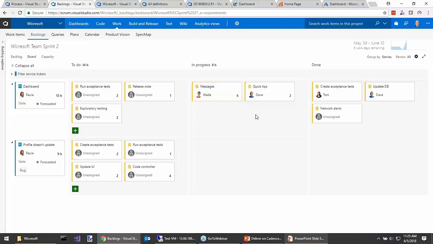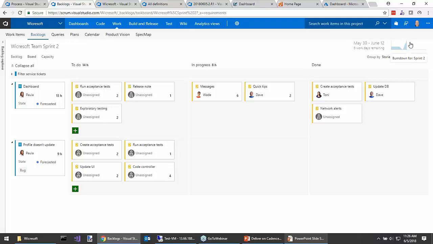But we can look at this now, and even just counting the number of yellow cards here, we can see that we're about, I don't know, halfway done, or maybe a little less. 3 not started, but they're small ones. 3 that are completed that were large ones. 2 medium-sized ones in process. You could also go to the burn down. You could go to a number of other queries and charts to be able to visualize your work.